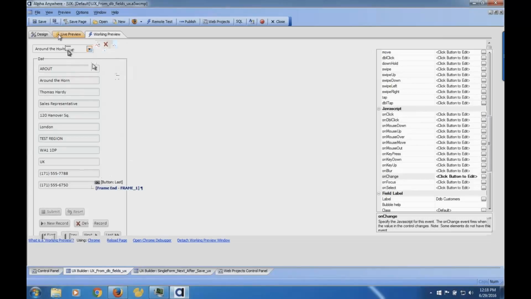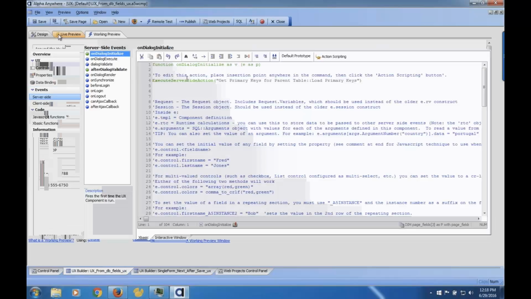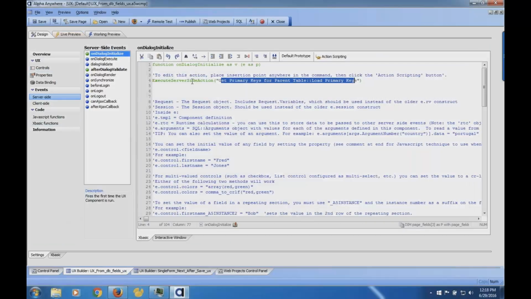So when I built this, the system automatically gets the primary key. So what happens is when it loads this UX, it will automatically grab all the records in the database and queue them up so that they're available for me to edit in the UX. So there's no filtering going on there. It's basically bringing all of them in. What I did then was I created a drop-down box that was linked to the customer ID, i.e. would show the customer name, but behind the scenes it would have a customer ID.